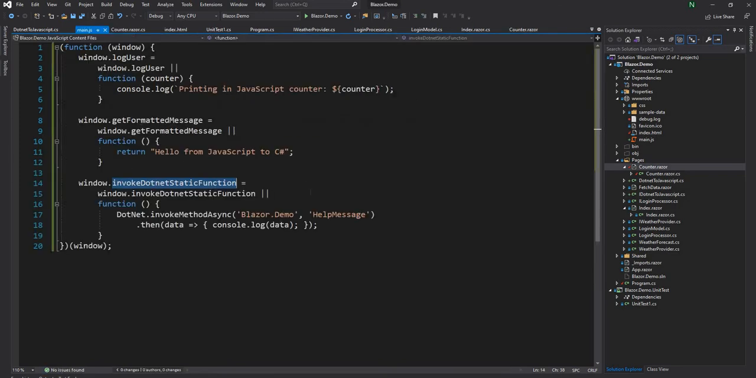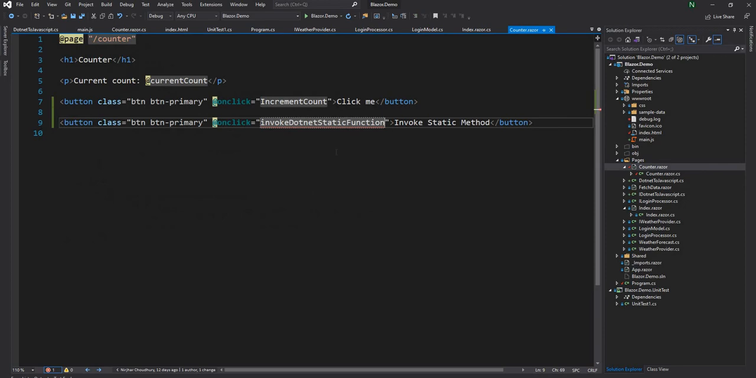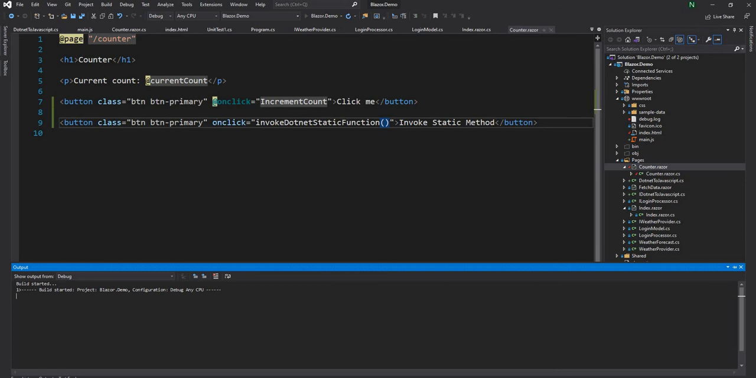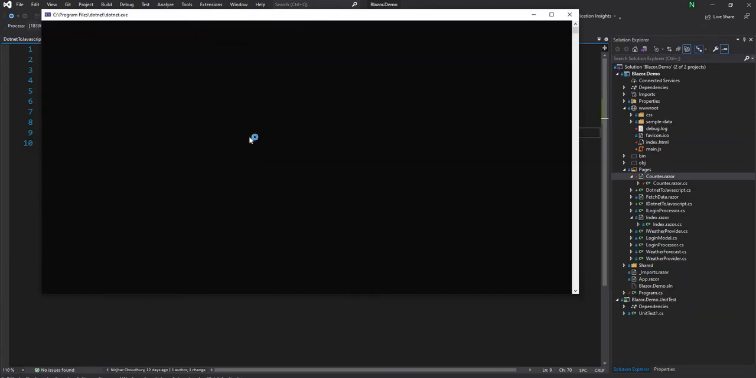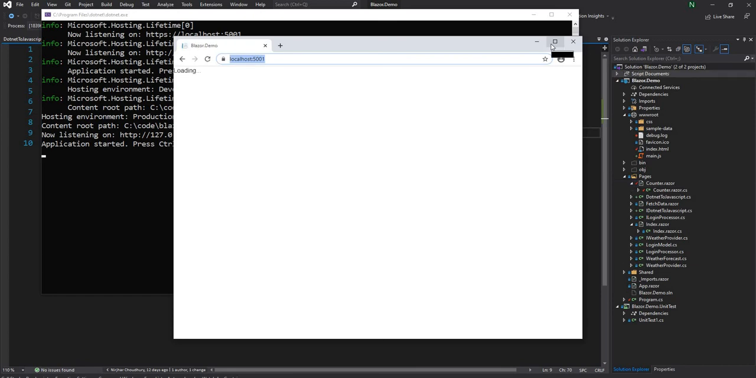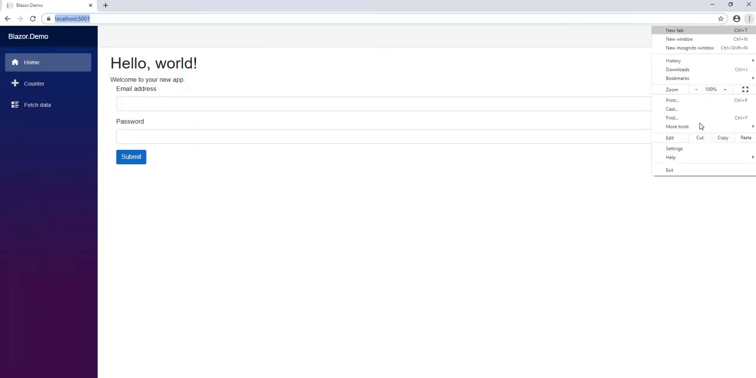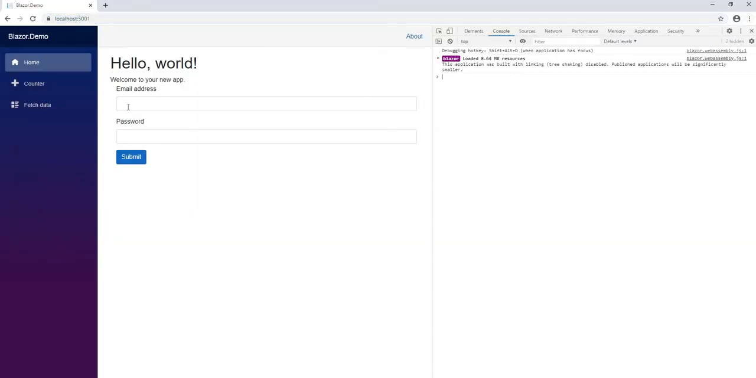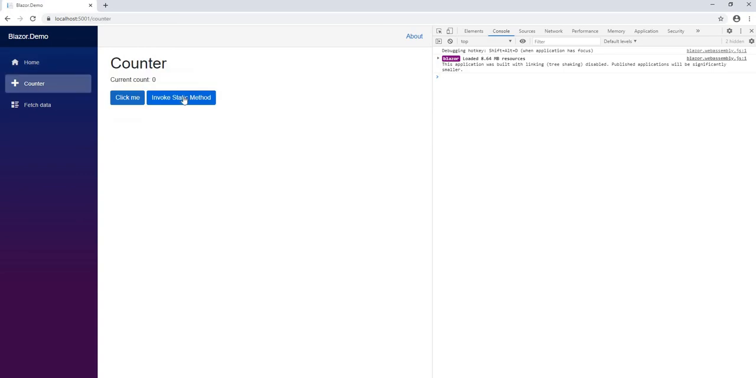Since it is added to the window, I can just use it as is, and here it's not going to be @onClick anymore because it is a JavaScript function, so it's just going to be onclick, and it'll be this. So that's all I have to do. And now let me run this function. The reason I got rid of it is that this is a pure JavaScript call and not a Blazor WebAssembly onclick function. Now if I open up the developer tool here, go to counter, and click on this